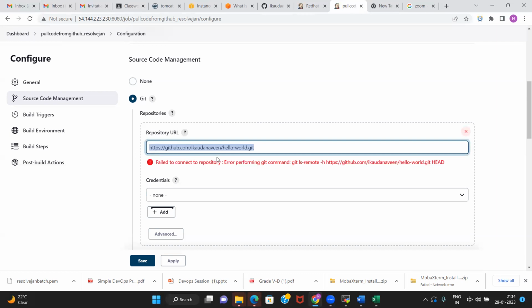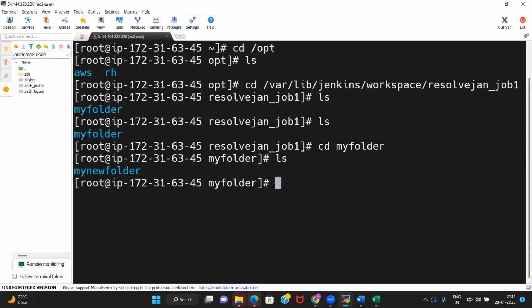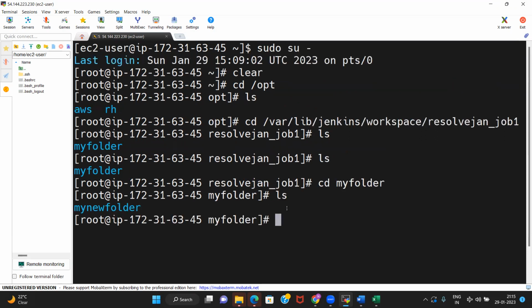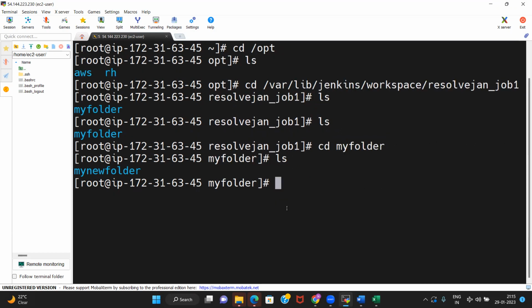What happened? Okay, perhaps Git is not installed on the server. And we need a plugin as well.